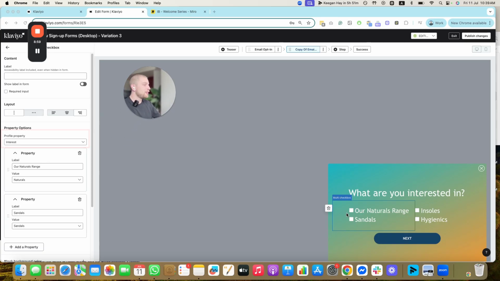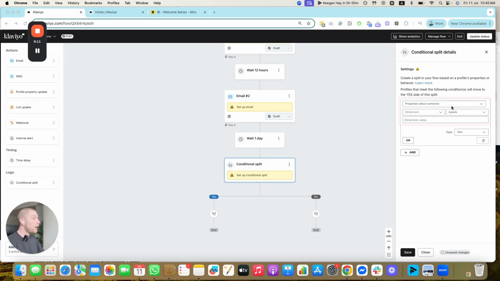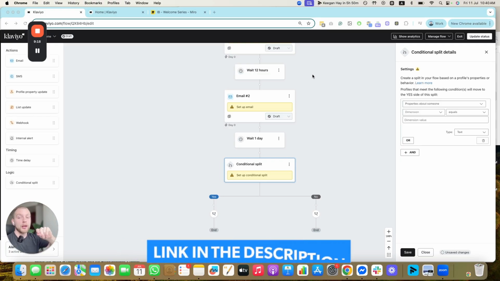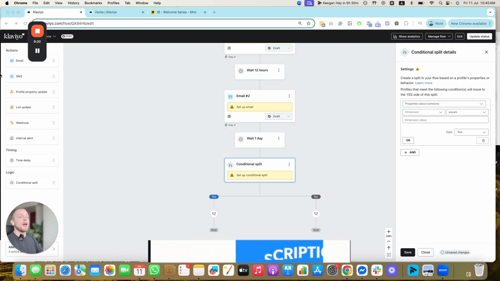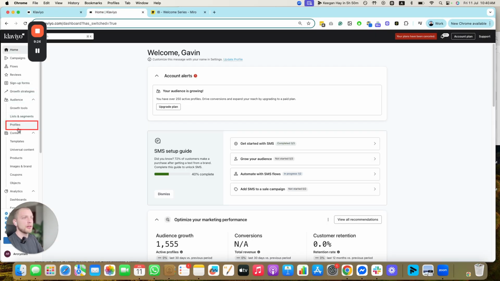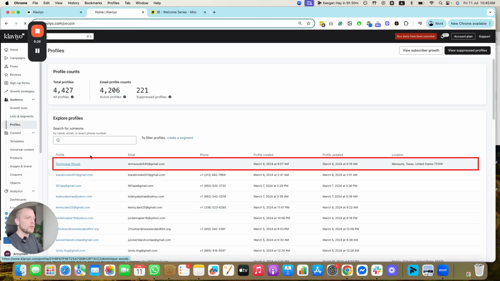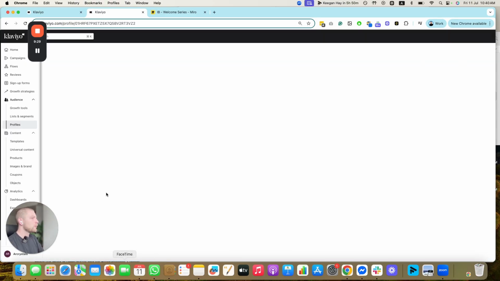Profile property. When they tick this box, it's going to create a profile property that tags them with what they're interested in, which then allows us, let me give you an example of an actual welcome series, to pull that profile property when they were tagged in the sign-up form stage into the welcome series. Check out the video where I specifically talk about building out the sign-up forms to get a better idea of this. But what we're going to do here is we're just going to add profile properties, take Dominic Woods. I'm just going to add